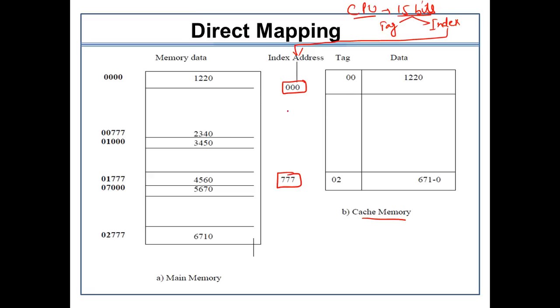Only 9 bits are used here because the cache memory requires only a 9-bit address. This is the only space allocated to the cache memory. So what will happen? We will match the index value, and correspondingly we will also match the tag. If both the tag as well as the index match, then the corresponding data will be taken from the cache memory and used by the CPU.